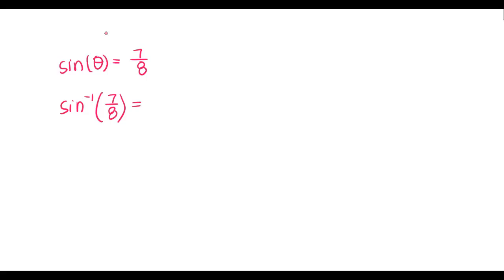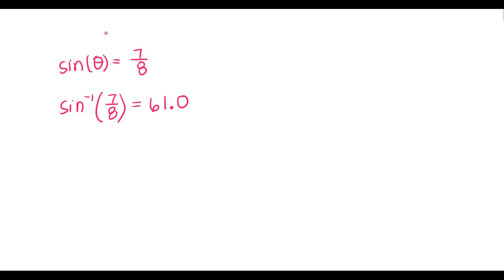Because we already know that it's usually going to be like 1/2, square root 3/2, 1, square root 2/2, right? We know those values that keep reoccurring when we talk about our x and our y coordinates in the unit circle, right? So obviously this is not on one of those, but we can still figure out what the value is. So what we can do is we can always type in that inverse in our calculator. So if you go to your calculator and you type in the blue second key in sine, and then do a fraction of 7/8, you should, if we round it, get a value of